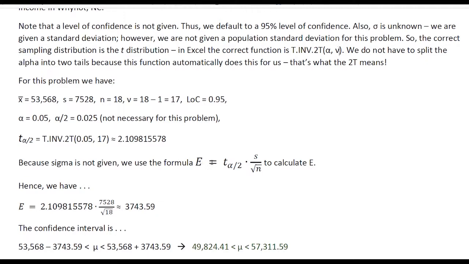And as I have said earlier, because sigma is not given to us in the problem, we use the formula E equals t sub alpha over 2 times s over the square root of n. And notice this is the square root of n, not the square root of nu here. The only time we use nu is when we're working with the t function itself on the spreadsheet. So this is over, as I said, the square root of n. If I plug the parameters into that, I would have E equals 2.1098 times the 7528 over the square root of 18, which comes out to be approximately